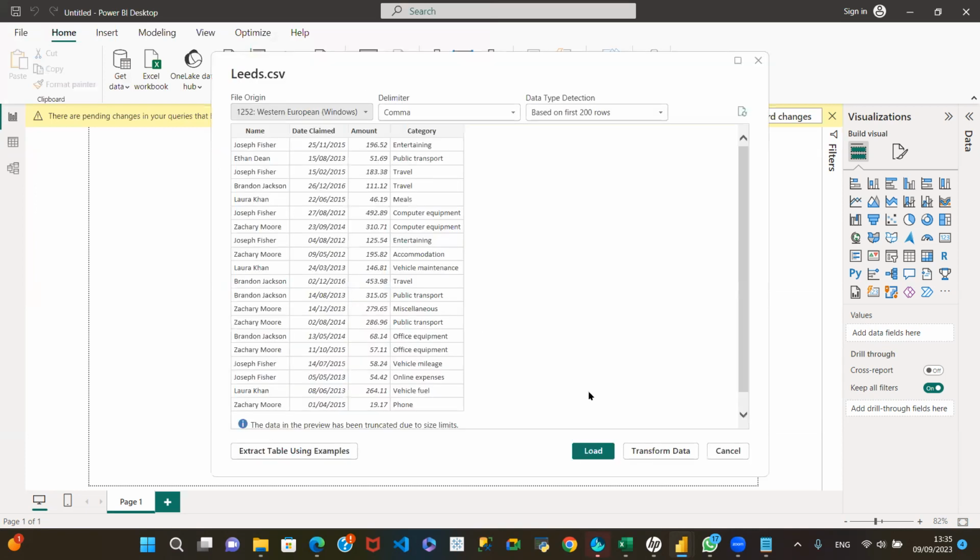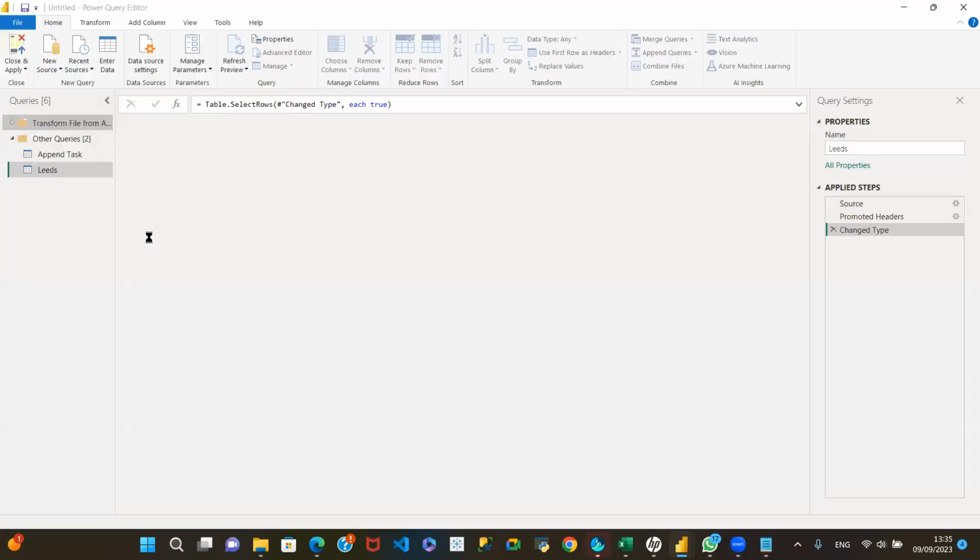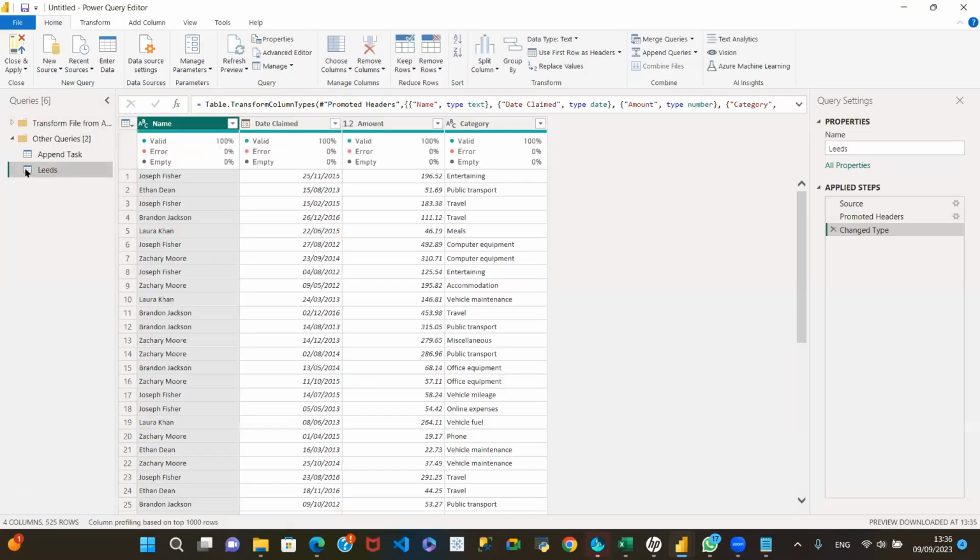Okay, and I'll take it to transform. So we've got Leeds in, and this is what Leeds has got. Leeds has name, the date claimed, the amount, and the category. This looks like some expense file of what people claimed, how much they claimed,